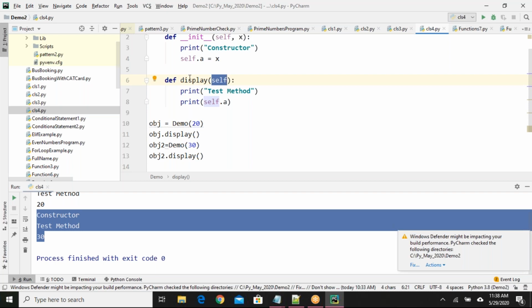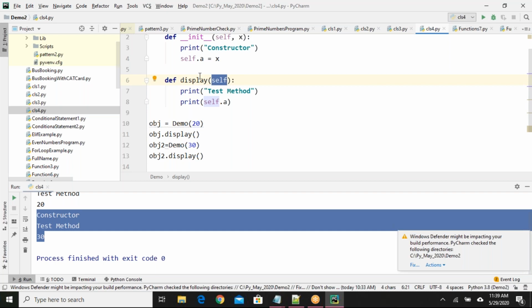Okay. So this is a method, this is a constructor. There are some differences. Constructor will be executed whenever you are declaring an object. Whenever you are creating an object for the class, constructor will be automatically executed. But methods are not like that. Methods, you have to call them, then only they will be executed. Calling means object.display, object.add, or multiplication, whatever method name you provided, you have to call them using the object name, object dot display, like that.